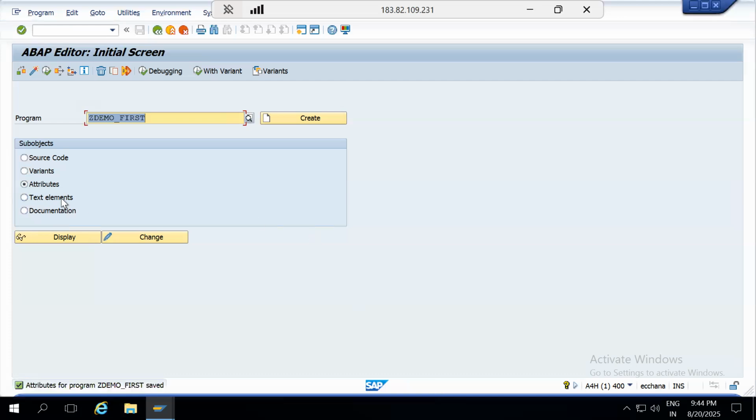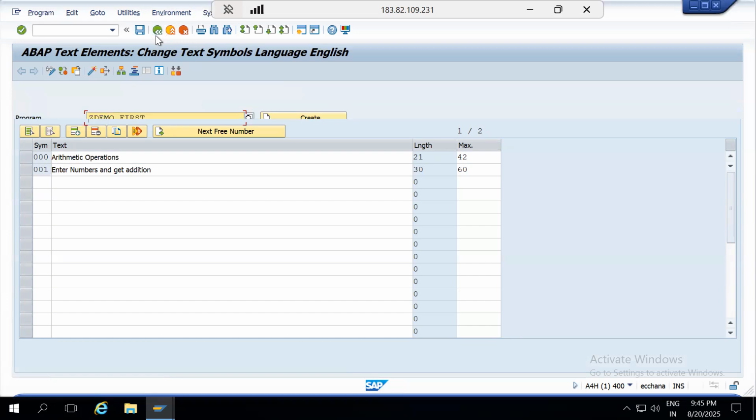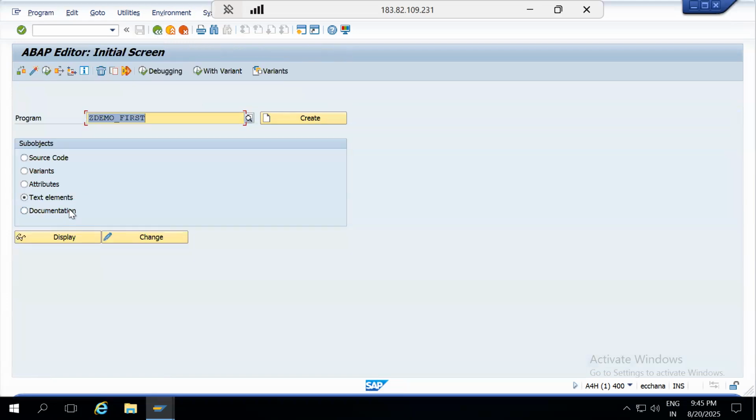As I said, the next one is text elements. As I said, text elements are language independent. Whatever text symbols we are maintaining in this particular program, it will give you that list. We are maintaining two text symbols, so it will give you the list. If you want to add anything, you can add also. And the next one is